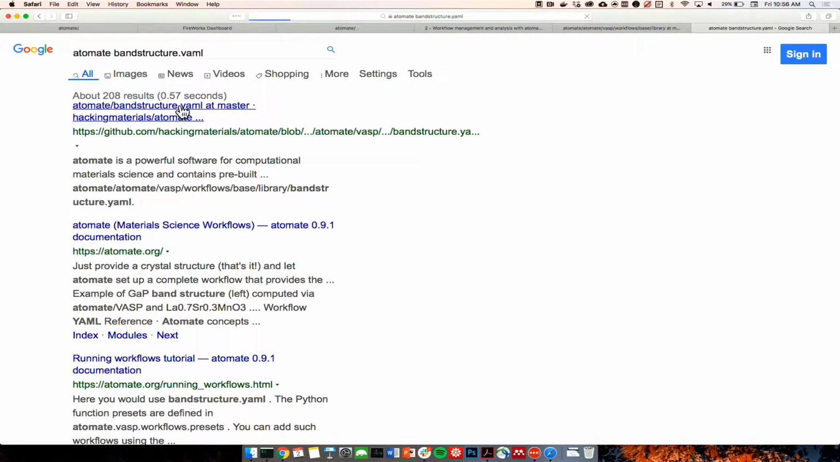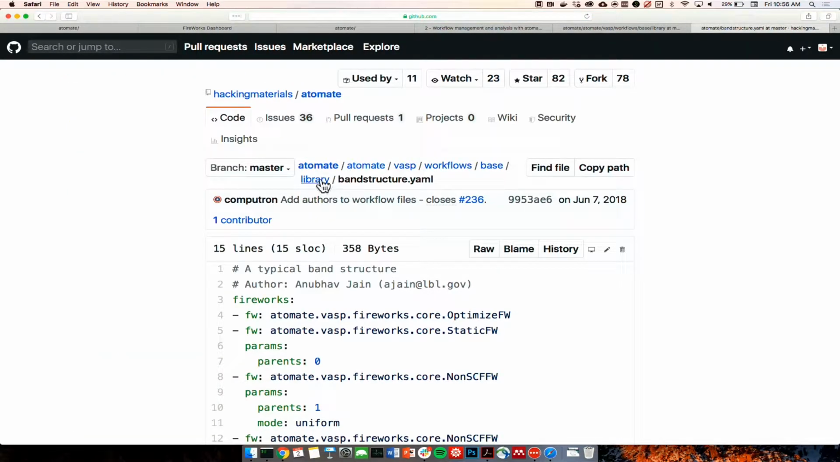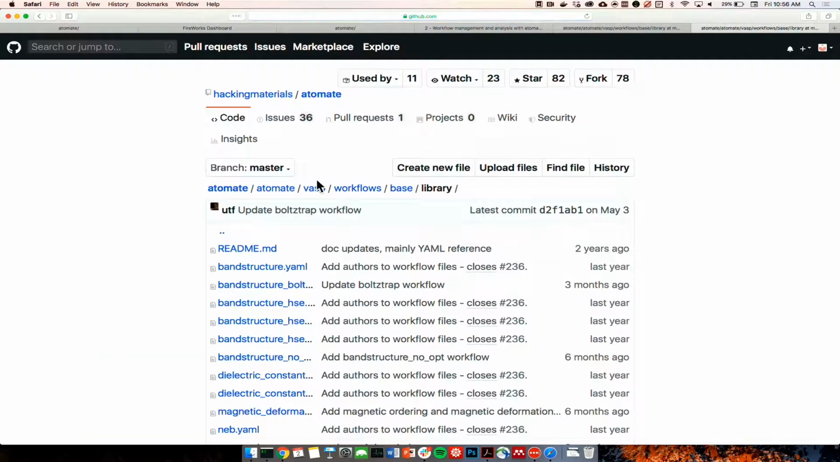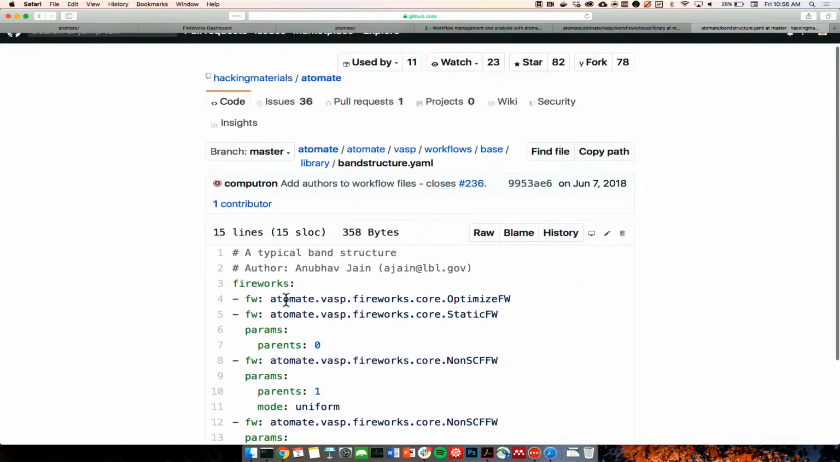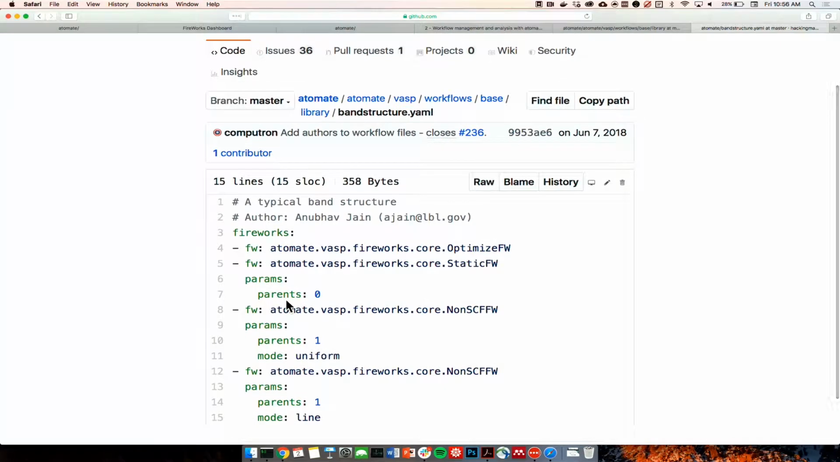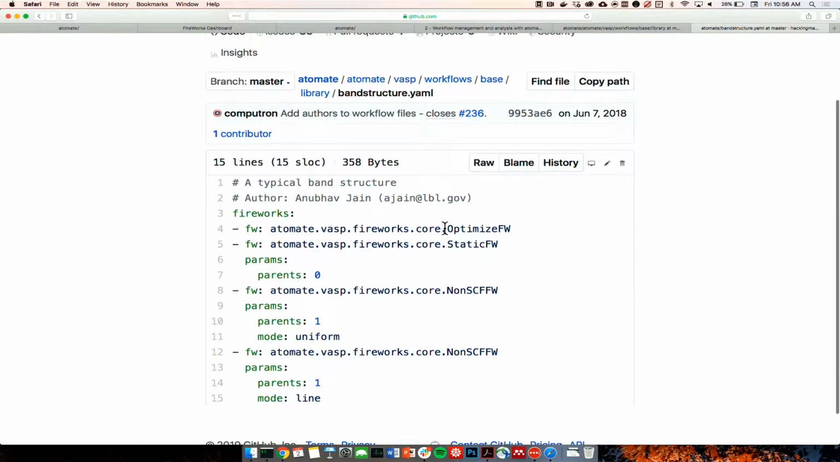It'll always take you here, and then you can go up one level into libraries. So this is a collection of the different workflows that we use at the Materials Project. And this band structure workflow that you've already seen in the last hour is composed of a